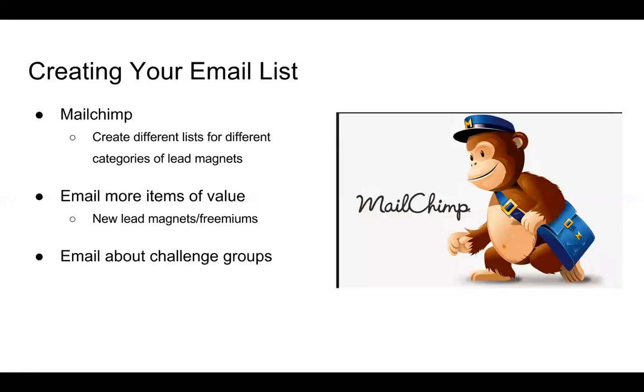So this is a great way, once you grow your list, hundreds and hundreds of people, that you can send 1 or 2 emails about a challenge group instead of going back and personally messaging all of them and just saying, hey, so glad you've been enjoying my freemiums. Hope your clean eating's going well, or hope the ab challenge went well. I just want to let you know I have a 21-day fix group coming up, and here's what we're going to focus on, and it would be awesome to have you join. Let me know if you have more questions, or click here to message me or reply or whatever. But it's a great way. It doesn't feel like it's just coming out of nowhere because you've been providing them with free, valuable content this